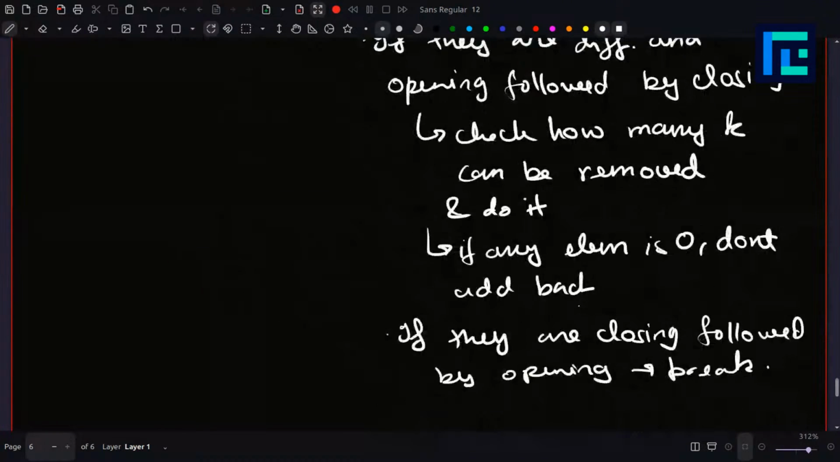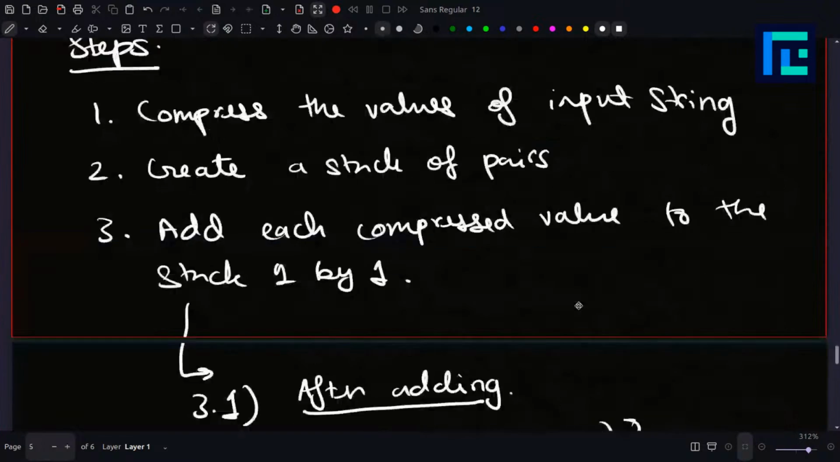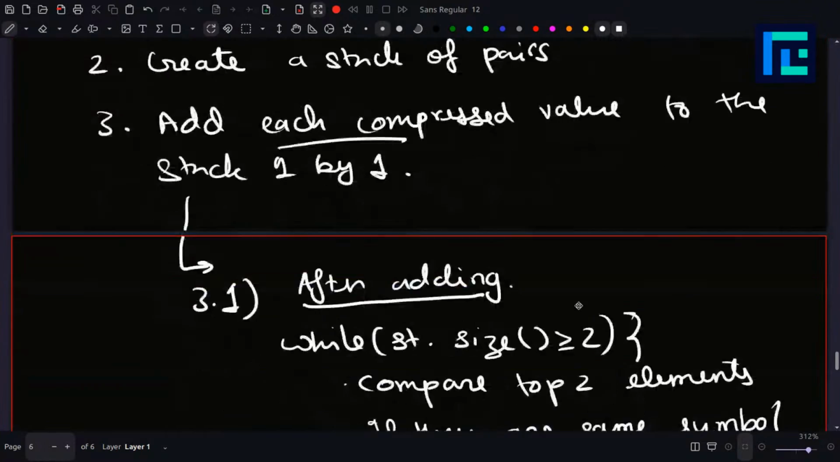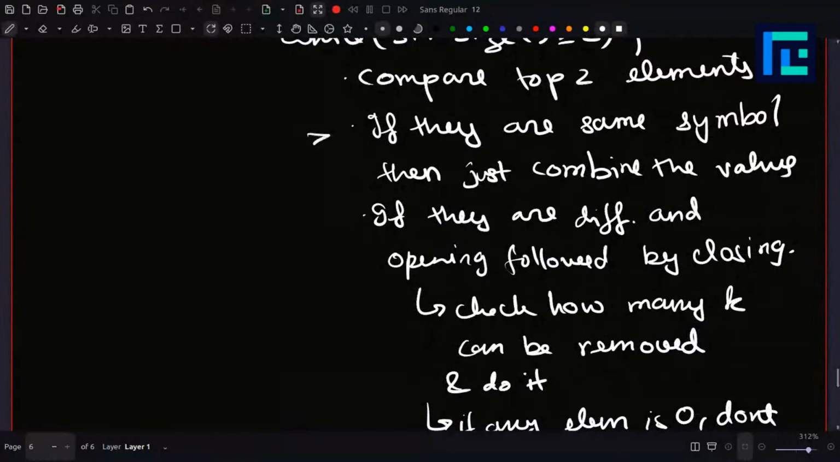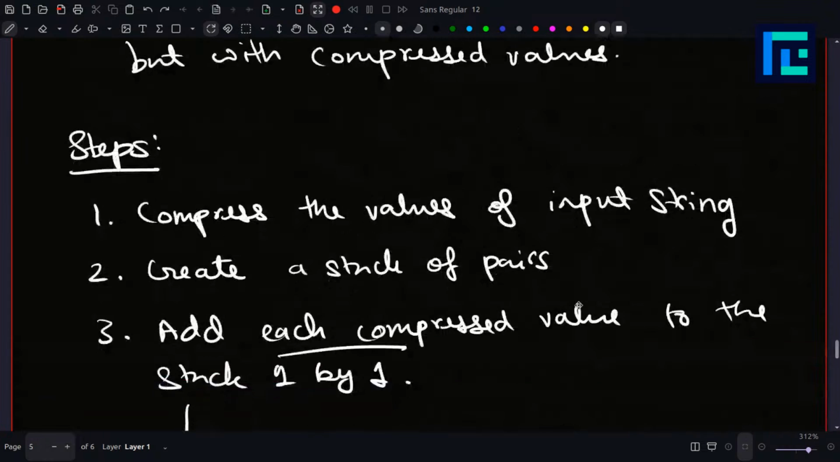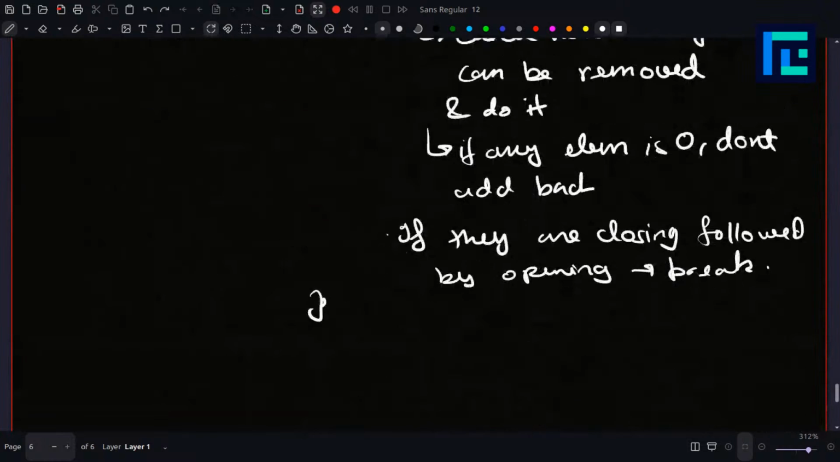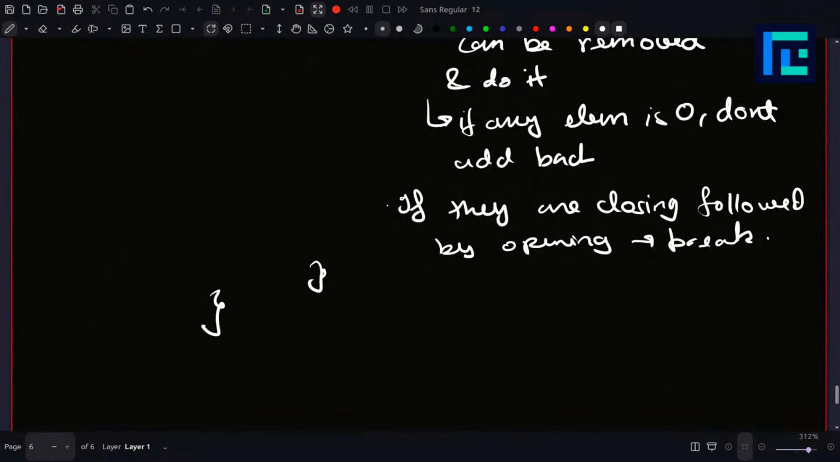So these are the cases we have, and we run this while loop, and then we add the next compressed value, and again we run this while loop on the top two elements of the stack. We compare them and check what type they are. We do the process, right? And we repeat this until all the values are compressed. Okay, so this is going to be our idea. And then finally,